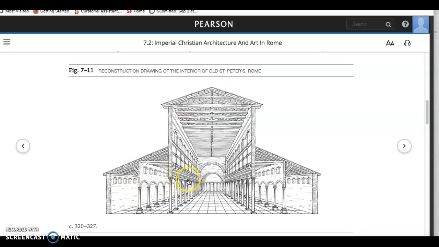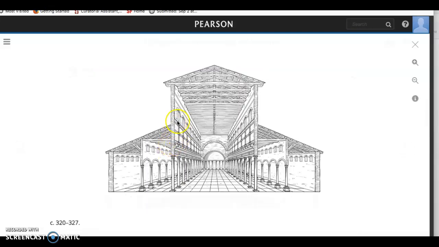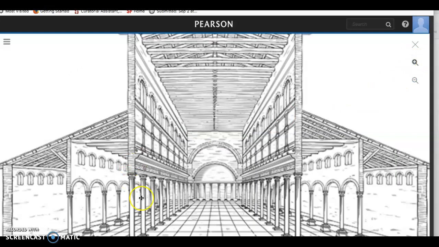Entablature means this part of the wall that rests on the columns and goes up to the space below the windows. A colonnade is a row of columns. So here the entablature is flat, but over here